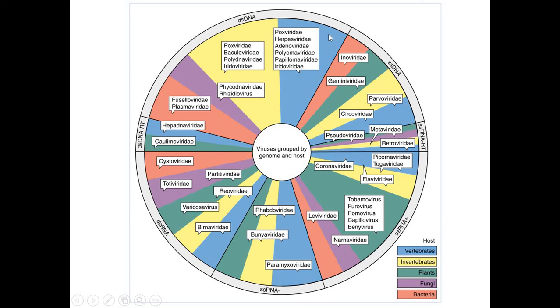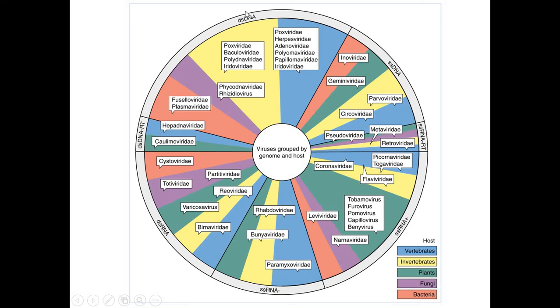Invertebrates are shown in yellow color, you can see in this pie chart, and plant viruses are shown in green color, and fungi viruses are purple color, and bacteriophage are shown in the red color.